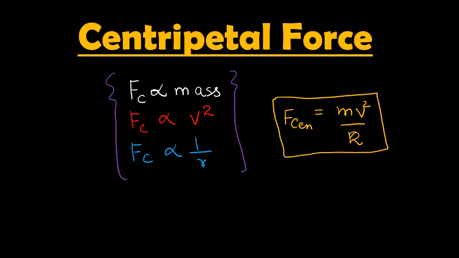So centripetal force is basically directly proportional to the mass of a body which is moving in a circular path, and it is directly proportional to the velocity square, whereas centripetal force is inversely proportional to the radius of a circle in which a body is moving. The shorter the radius, the higher will be the value of the centripetal force. Similarly, if a body has a greater mass, the value of the centripetal force will be higher. And a body with higher velocity will also have a greater amount of centripetal force. So this is all about the centripetal force.